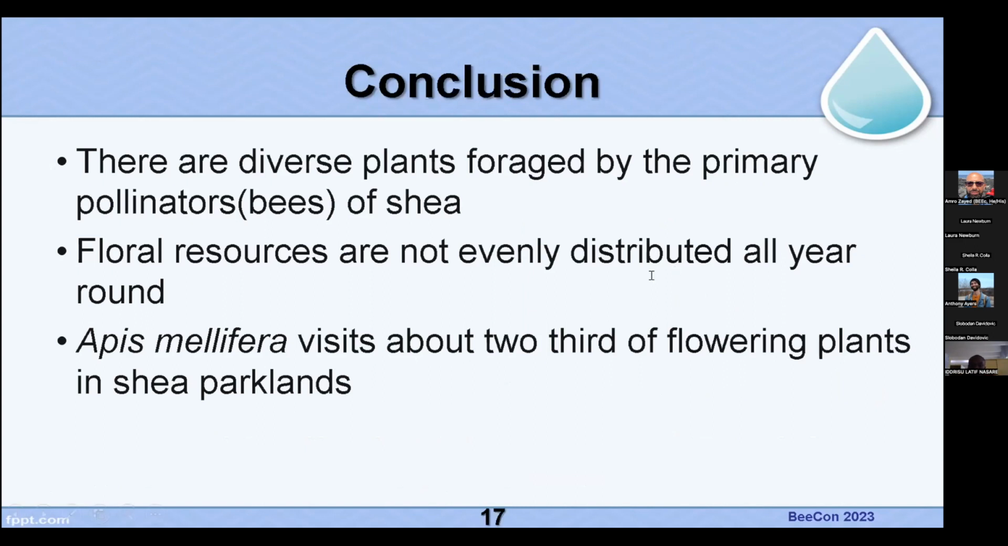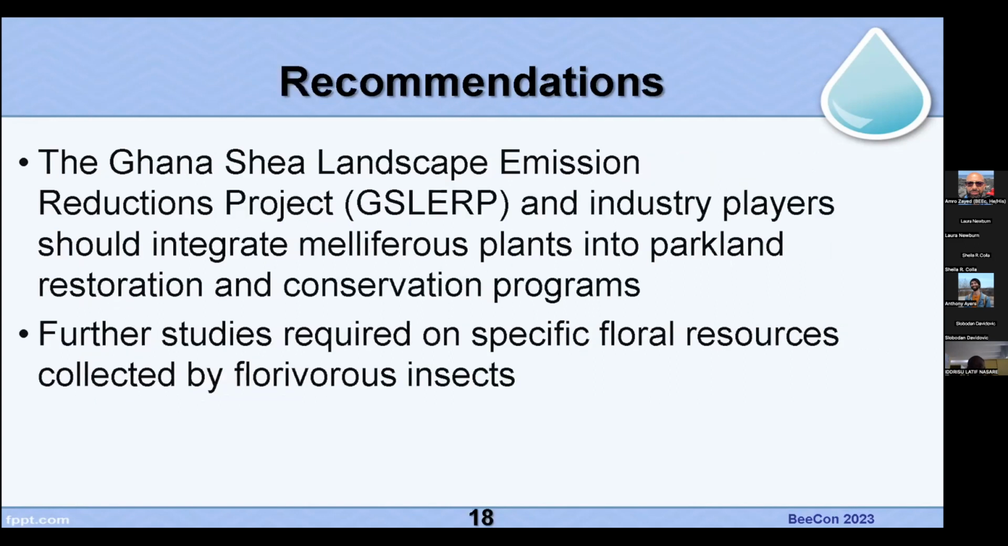So in conclusion, we see there are many other plants that are visited, about 35 of them, by the pollinators of shea, the bees, but flower resources are not evenly distributed all year round. But Apis, for instance, was specifically visiting about 2/3 of these flowering plants in the shea parkland. So having found that there are many other plants that are visited by the primary pollinators of shea,